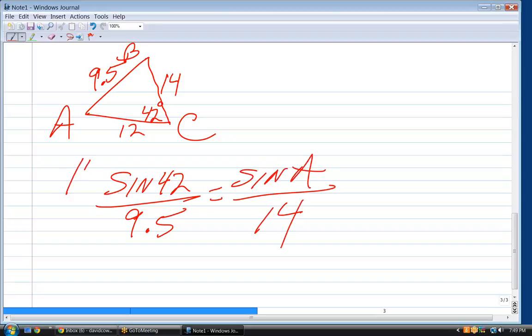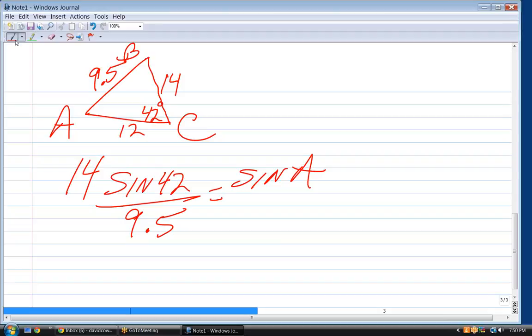So sine of A equals 14 times that. Again, this will tell us if this is a possible triangle or not. I'm not sure at what step the impossible comes out. I don't know if it always comes out when you do the law of cosines, or sometimes you have to wait until you get to the law of sines before you discover it's impossible. This one's clearly going to be possible, but